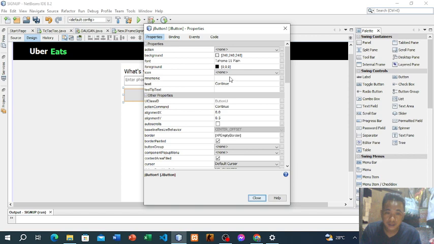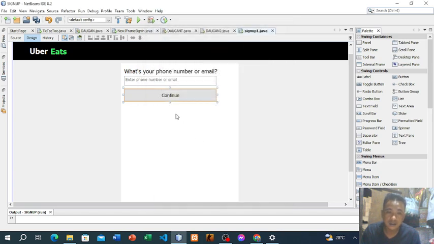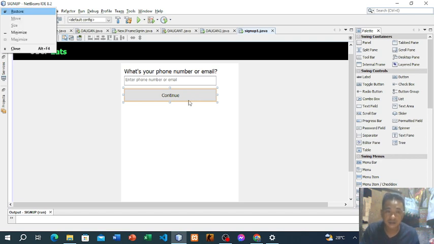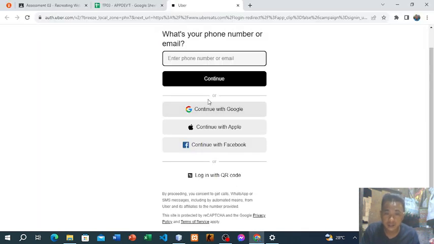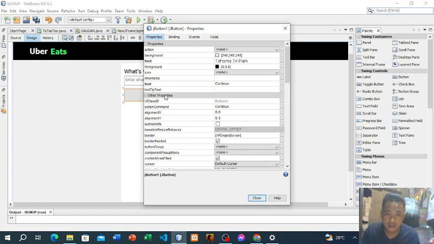Then let's go to font. Make it 14, I think. I think that's better. Oh, a white font and a black background. So let's make the font white here.